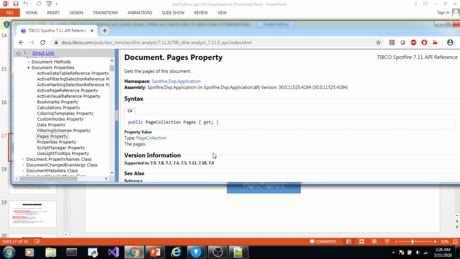Now we can create a document object and access the properties of the document class. Now what is our document object here? Our Spotfire DXP, which is the document. It has a property called pages, so we can access the pages property through that document.